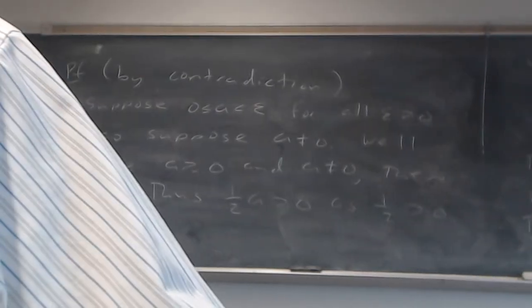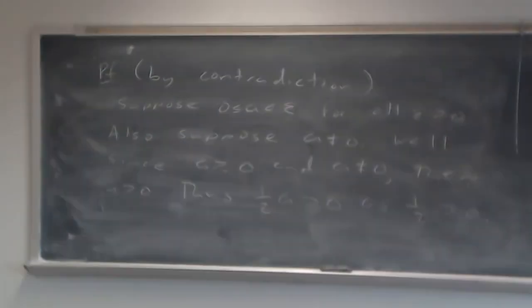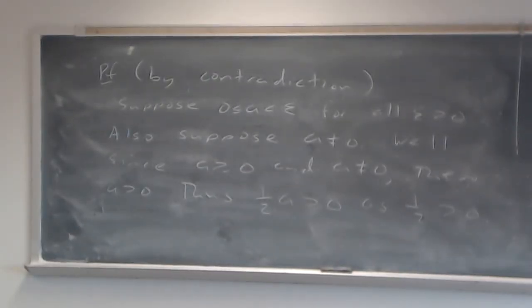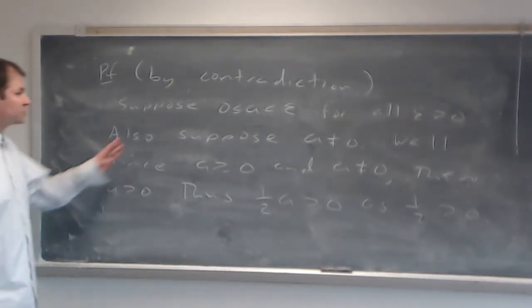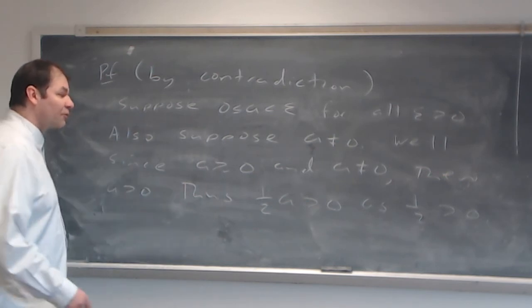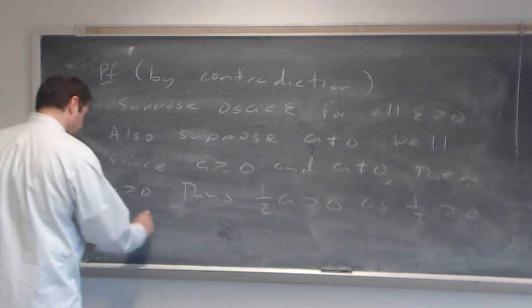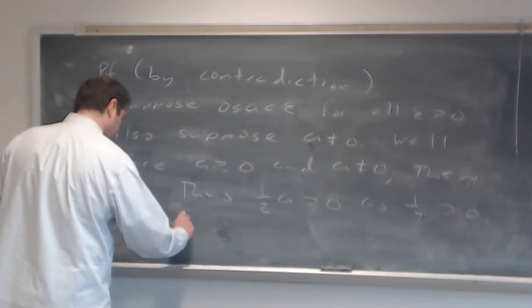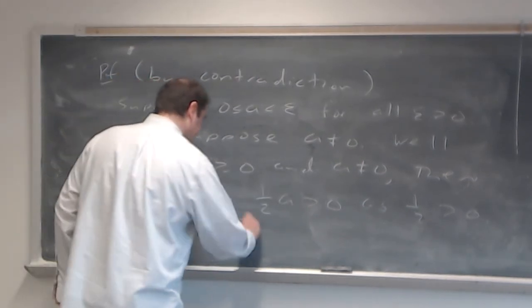I don't have good eyesight, so I'm sorry. Okay, so where were we? We're trying to do this by contradiction. So we have A/2 is greater than 0. By assumption,